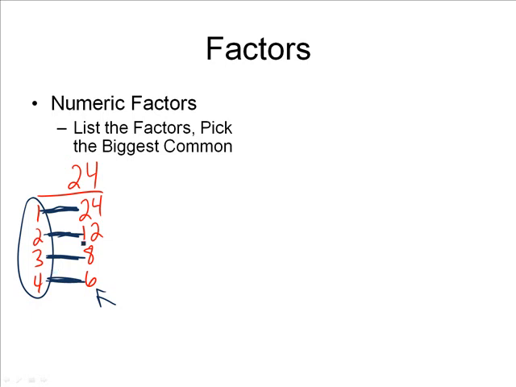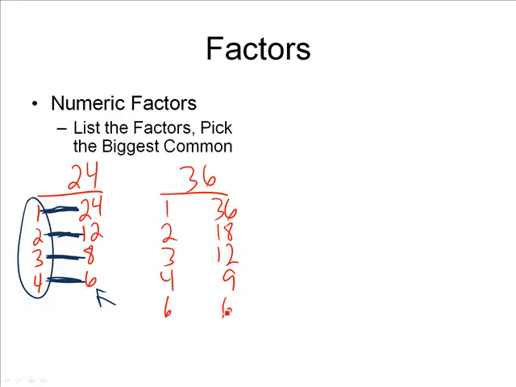So once you have one set of factors listed, list another set of factors. Let's say we have 36. So we have 1 and 36, 2 and 18, 3 and 12, 4 and 9. 5 does not work, so we don't have to list it. Or you can write 5 and cross it out, so that you can keep track of where you've been, and